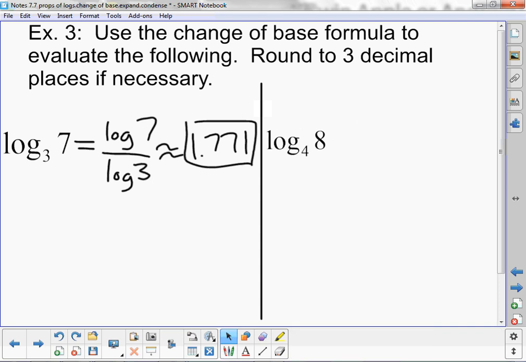Same thing here. Log base 4 of 8. First try a spiral. If you can figure that out with a spiral, don't even grab your calculator. But 4 to what power is an 8? 4 squared is 16, so you're already going to be in the decimals or fractions. So go ahead and use your